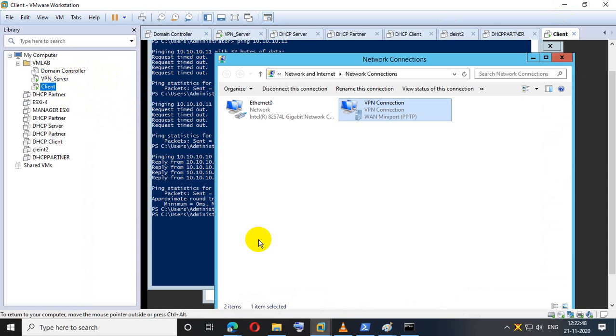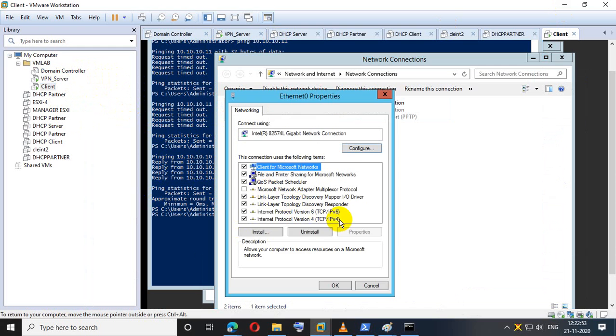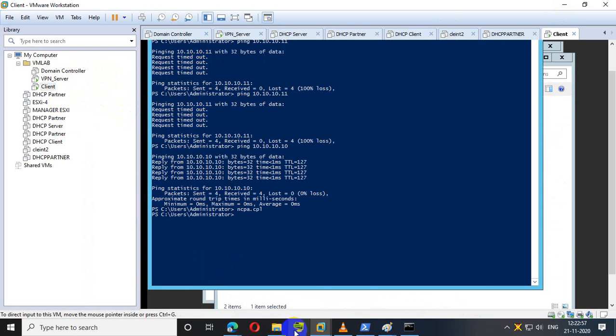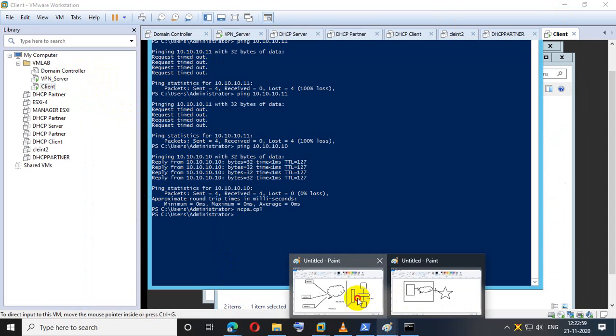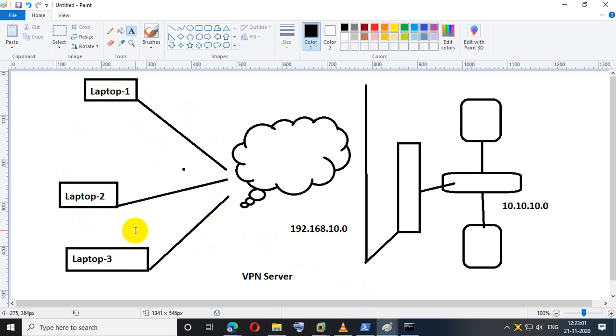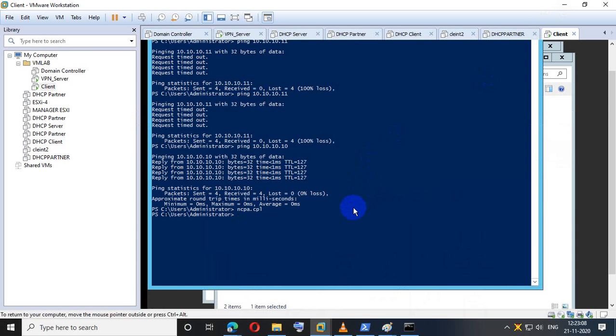If I go there, see, this is a DHCP IP address. I am not sure what the IP address is. Once I connect the VPN dial option, the entire machine is connecting to the office network. Now in the office network, if I ping my domain controller IP address, it's pinging.